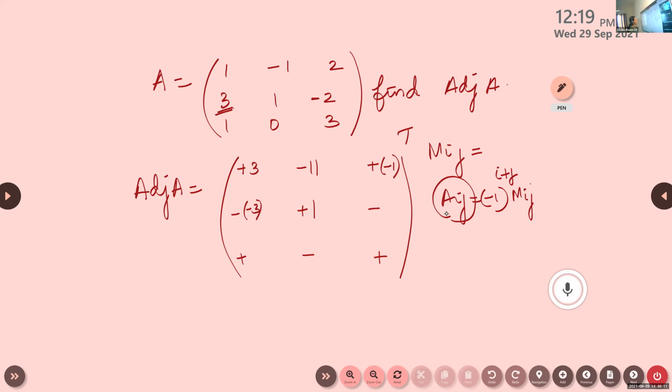What is the cofactor A_ij for the element minus 2? You leave that row and column. How will you get minus 2 if you leave this row and column? If you expand, minus is already there, 0 minus of minus 1, so will it be plus 1? Yes or no? You have to leave that row and column. Is it correct, Aishwarya? Karthik?